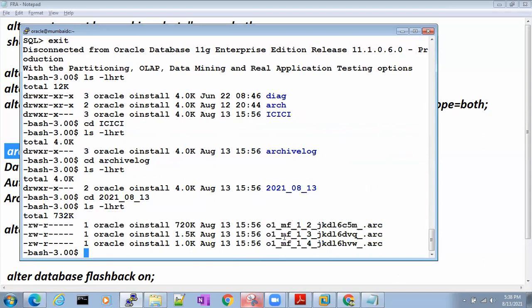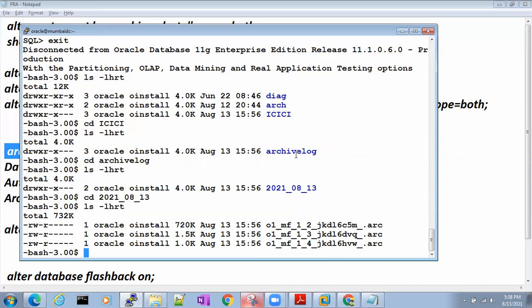From today onwards, here there will be our archives, including the date and time, showing at what date and time the archives are getting generated. Now you see the archive log folder was automatically created. Did I create this? No.